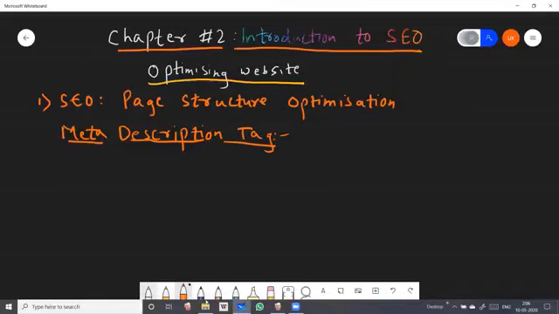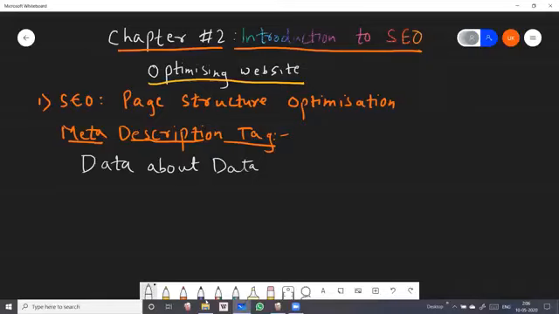Now what is meta description tag? What is meta tag? Now it is generally called as data about data, or we can say data about any information or data about information.